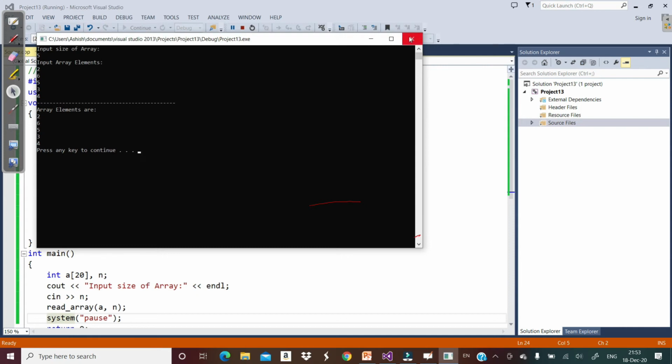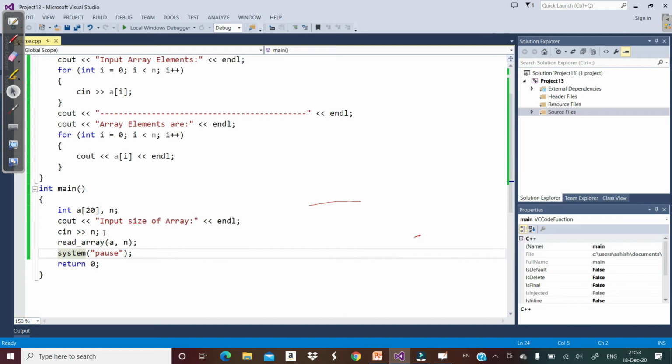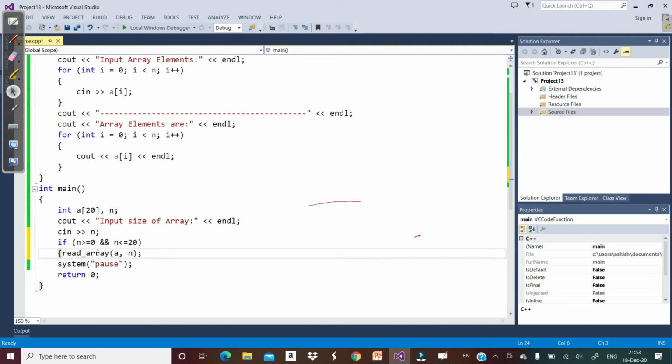Now here you can do one more thing. Because our maximum array size is 20, you can say if n is less than or equal to 20 and n is greater than or equal to 0, so both conditions should be true, then we will call the read array function.